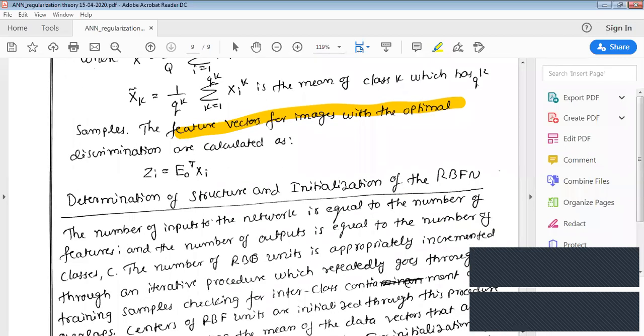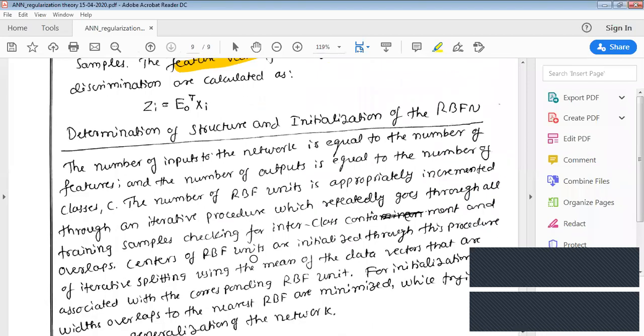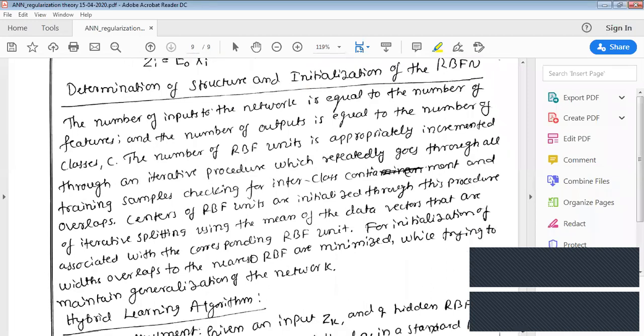Any doubt till now? Any doubt? No, sir. Are you able to follow? Jayendra, are you able to follow? Yes, sir. Kind of, yeah. But only one thing is you have to read it a second time so that it will become clearer to you. I'm giving you the basic idea, but you require a second reading for this. Okay, sir.